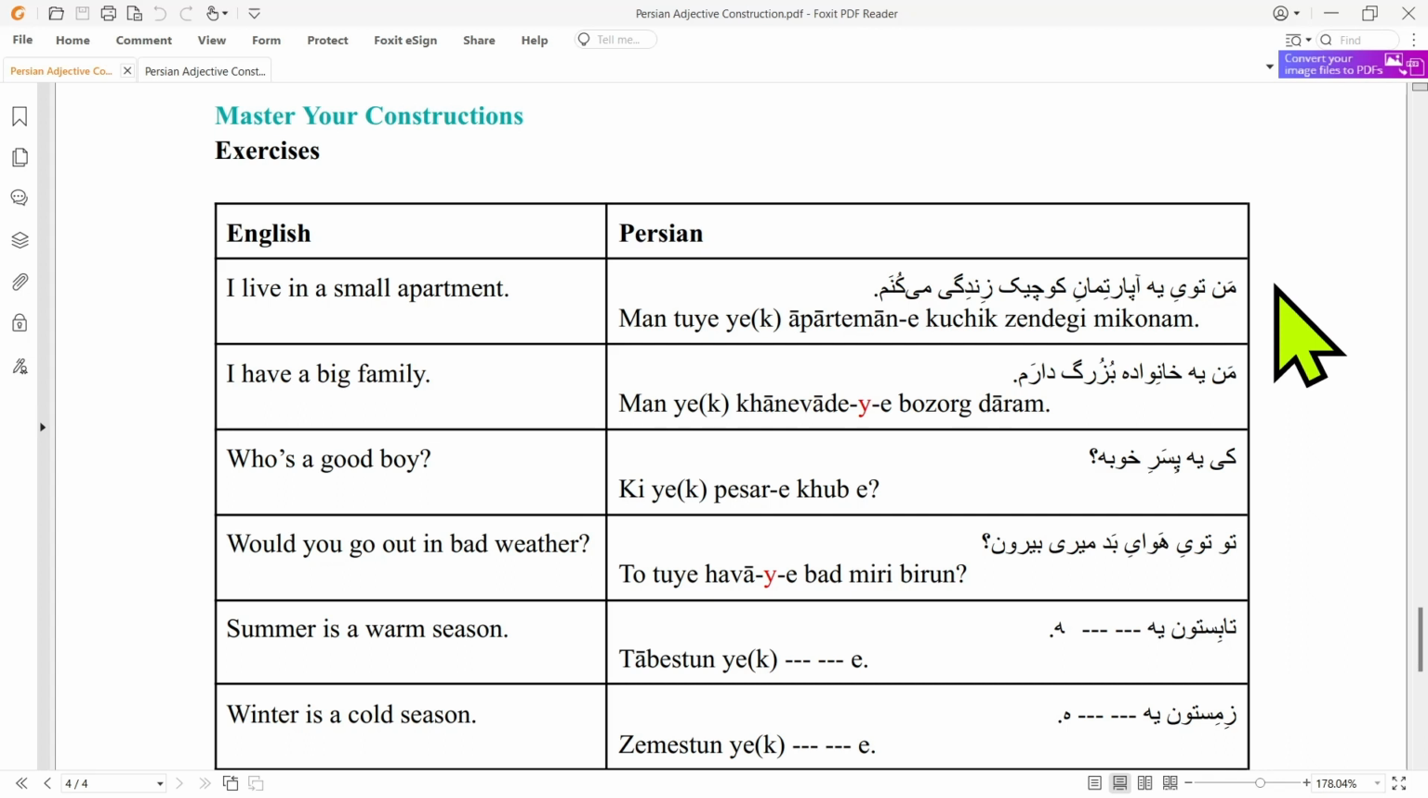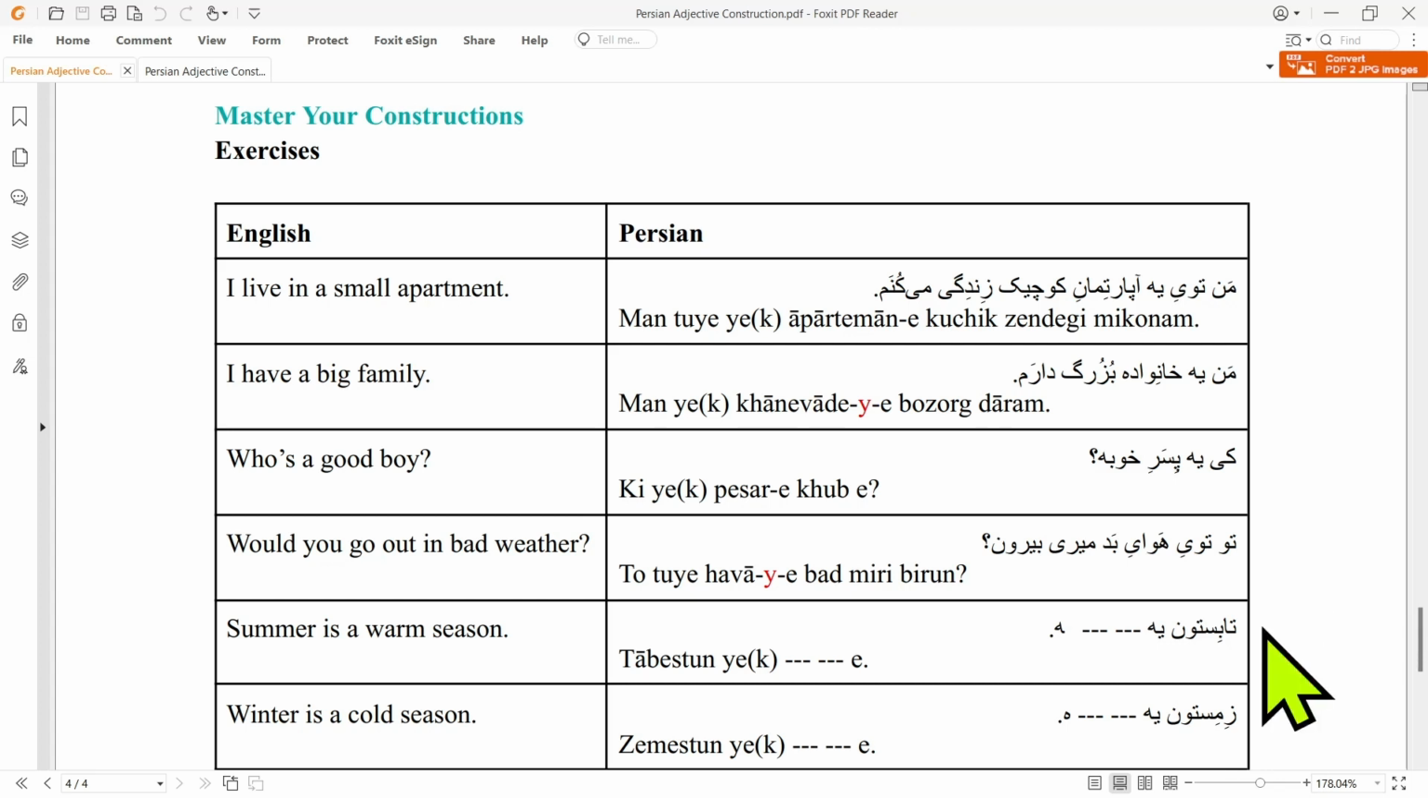If you want to say I live in a small apartment in Persian, we would say من توی یه آپارتمان کوچیک زندگی می کنم. If you want to say I have a big family, we would say من یه خانواده بزرگ دارم. Who's a good boy would be کیه پسر خوبه. And would you go out in bad weather would be تو توی هوای بد میری بیرون؟